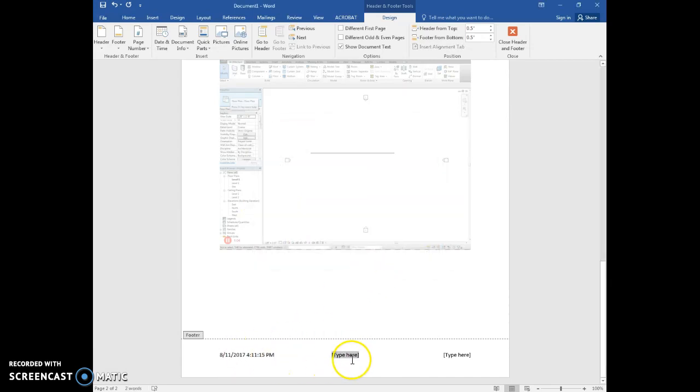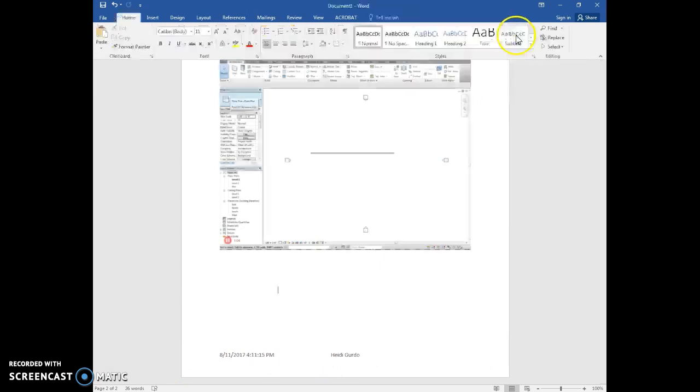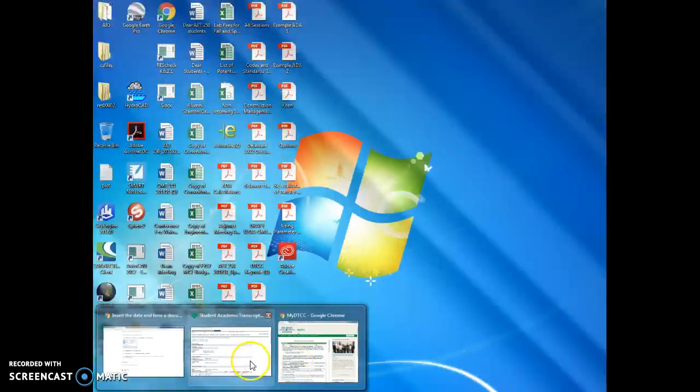And then I'm going to click on this next box, and I'm going to go to Document Info and I'm going to put the author. So then it shows my name. And then right here, we don't really have to put anything. You could put the document title in there, but it's not necessary. We can just delete that box. So again, I want your name and the date and time the file was created, and then you can close the header and footer. And then what you want to do is you want to pay careful attention to Blackboard